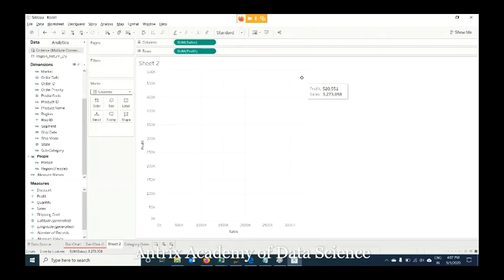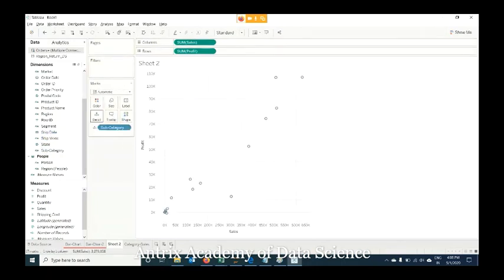Say I am having total profit of 520 and sales is 3273. Say I want to break it on the subcategory part, so you can put it in details. It has been broken. So depending on your